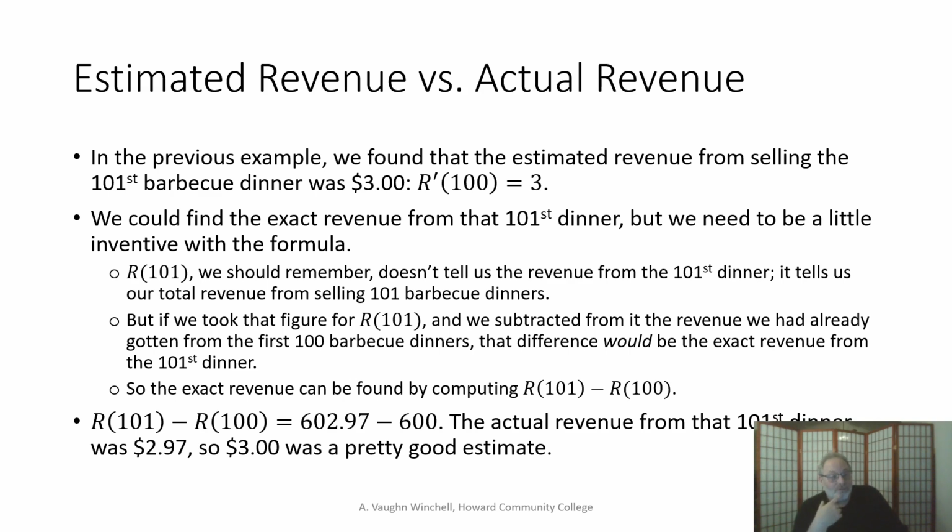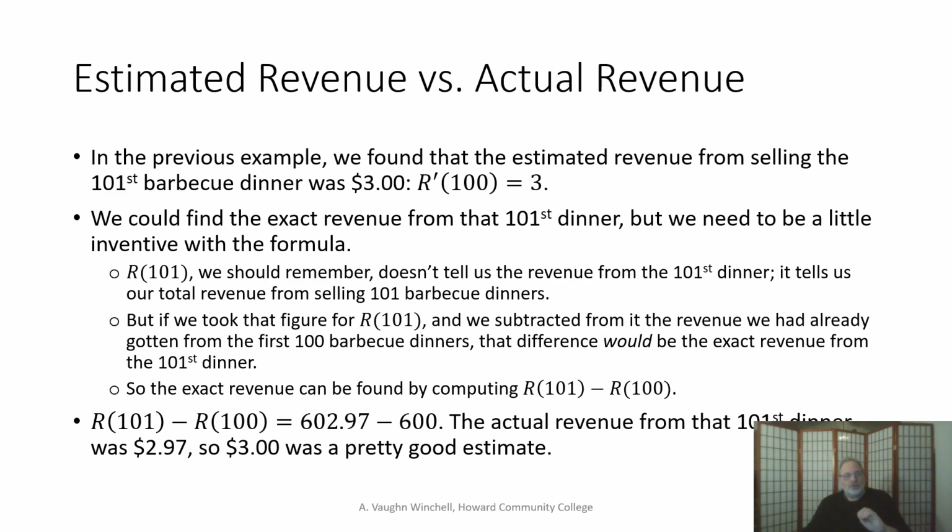Using the derivative function, we predicted that it would be $3. It's a pretty good estimate. It wasn't perfect, but really, if 3 cents is the kind of difference that will ruin you, you're operating too close to the edge. Okay, the last thing I want to say in this video, I want to talk again